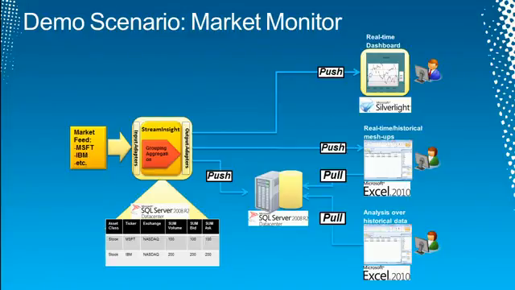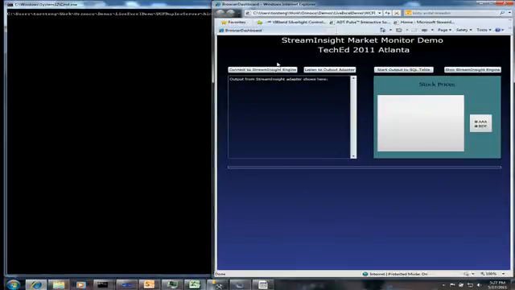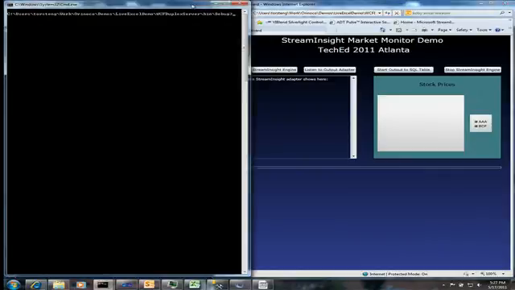And along the way, show you a little bit more about the development experience and also what are the various tools around the product that help you to monitor and administer StreamInsight. So with that, let's go in here. And what you see here on the left-hand side is a console application that's running the StreamInsight